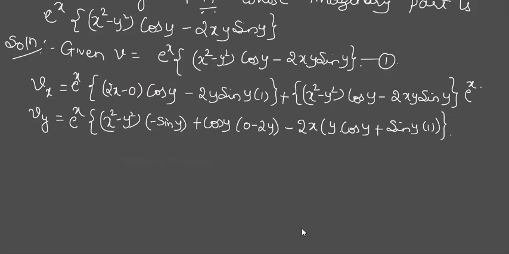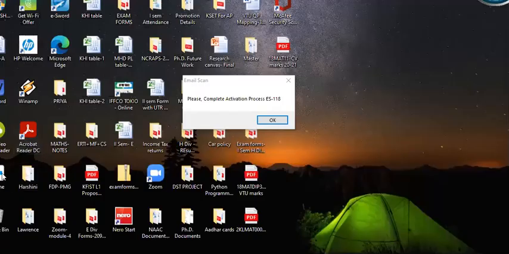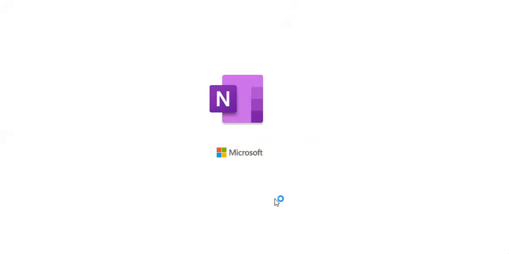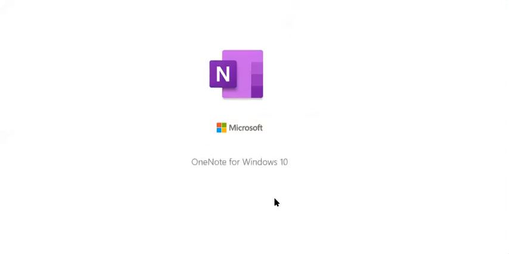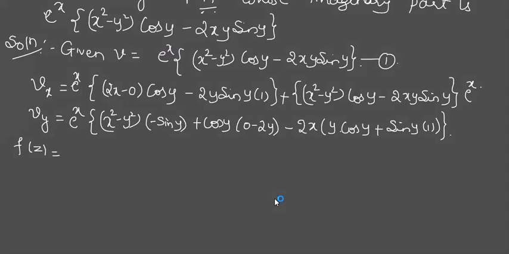Yes, done. Now, we need to find only the analytic function, so not to worry much. The expression remains the same. I told you to remember one easy way. We know that f of z is u plus iv. Just put a dash, so it becomes ux plus ivx. Same expression only has to be used. Let them give imaginary part or real part. If I put a dash, I have to write x and x.